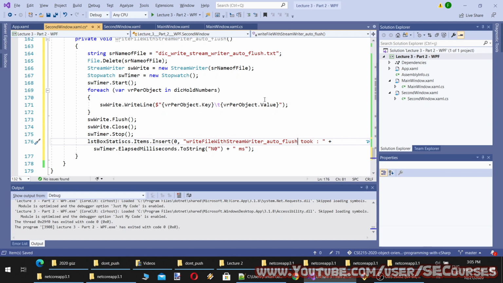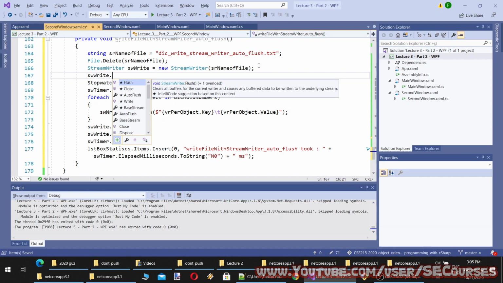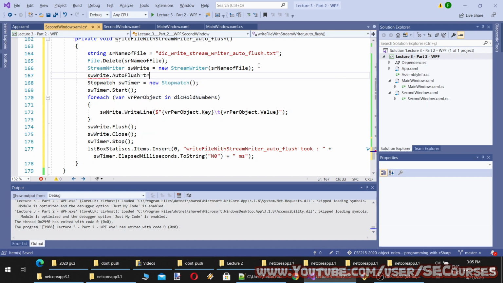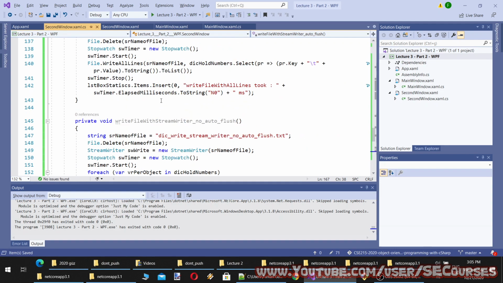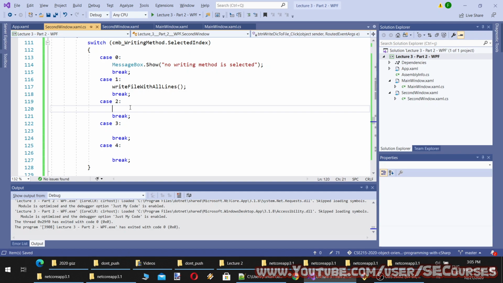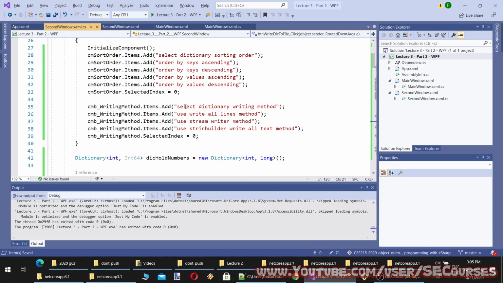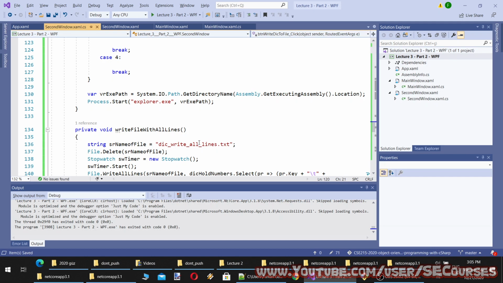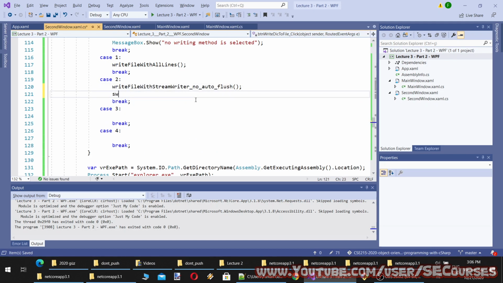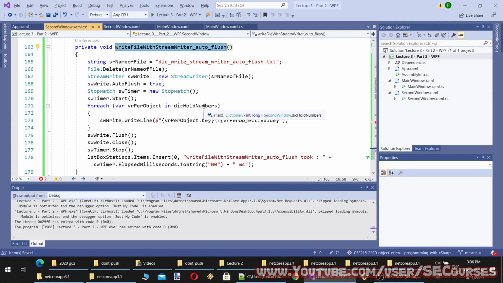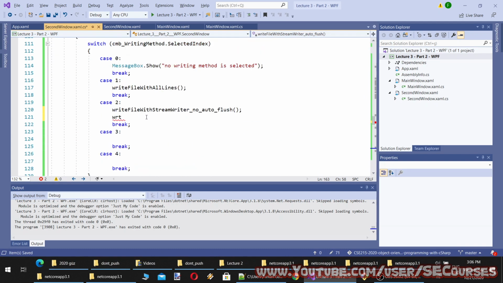So with auto flush, it will continually write to the file as it progresses. However, without auto flush, it may show different behaviors and you may lose data. I am going to use auto flush true. Okay, let's test this. So case 2 is the stream writer, no auto flush and auto flush.